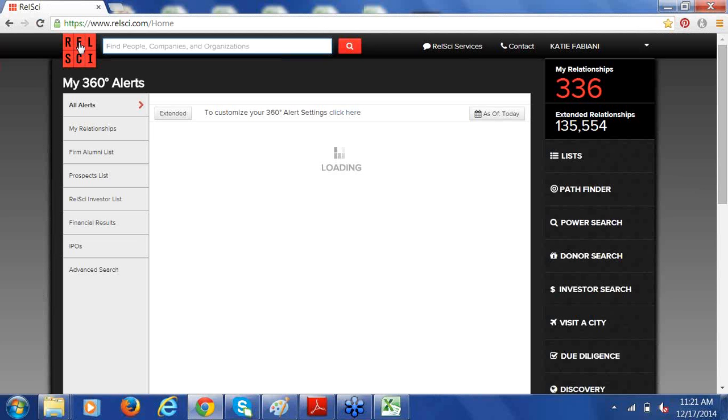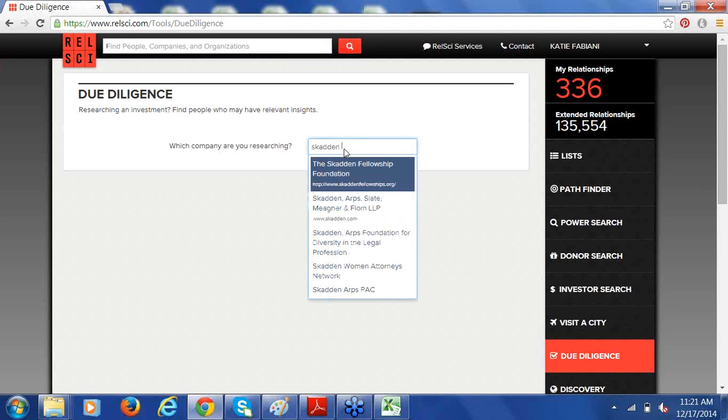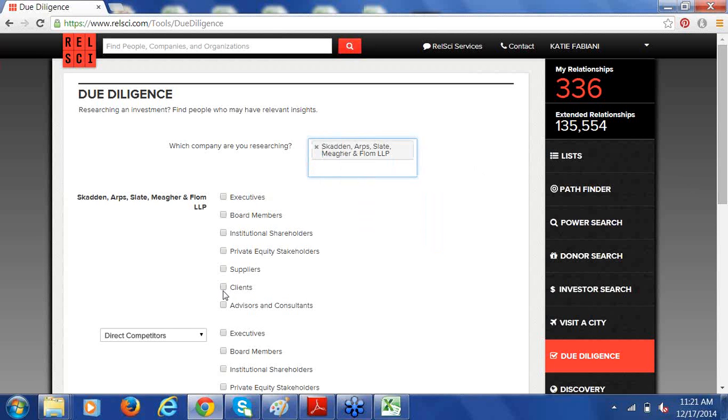Yes. Another great way to use the due diligence tool, in addition to just getting intel on companies, is actually to get some intel on your competitors. So I'm just going to load up the tool here for a moment. And I'll use a law firm example here, but if you are a law firm and you want to look up a competitor, so I'm going to use Skadden Arps as the example,